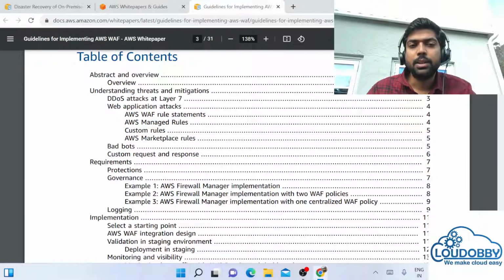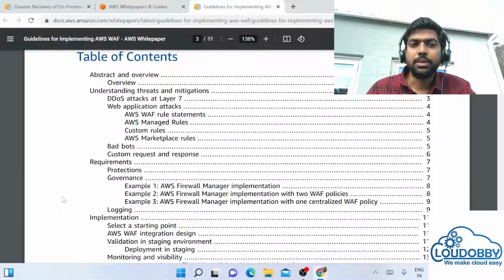There are also marketplace rules, bad bots, and custom request and response. Request and response is the key here. If something comes to a web page or application, it is called the request, and our web page or application sends a response. You should not send a response if you are blocking it.